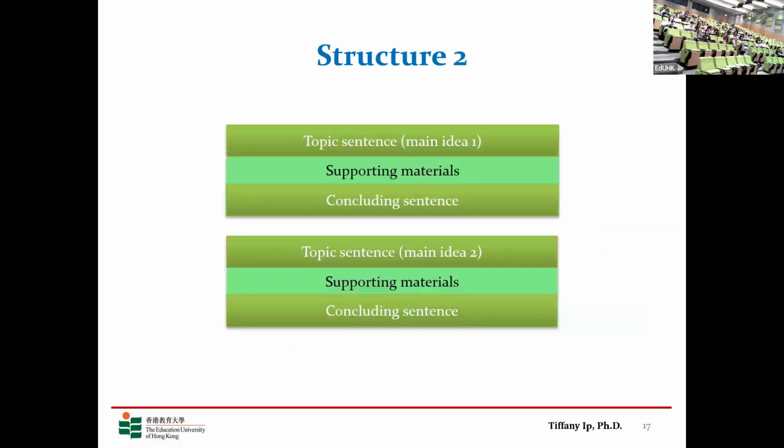And then structure 2, right, it's like missing the beginning and the end. You're just throwing out your ideas. It's like in a conversation, like someone asks you what you think, and then you instantly talk about the first point and the second point. Okay, so you don't really have a nice wrap up.